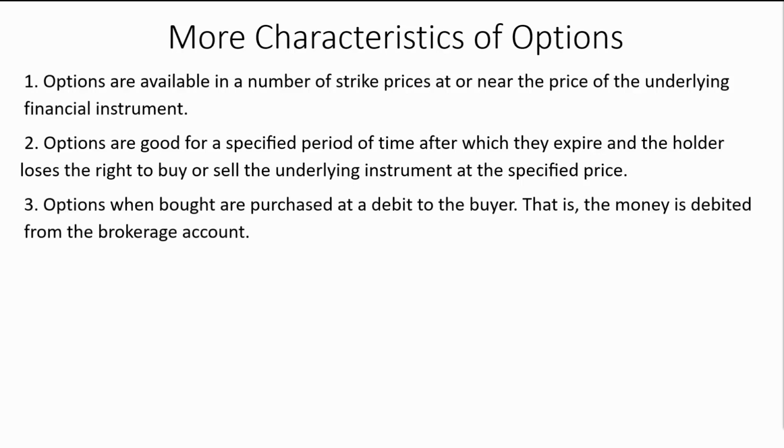Now, when you buy an option, it's just like buying anything. It's a debit to you. If you buy a $100 option on XYZ company and the cost of the option is $5, one option contract controls 100 shares. Your account's going to be debited $500. So if you had $10,000 in your account, as an example, you're now going to have $9,500 in your account, but you're going to own that option.